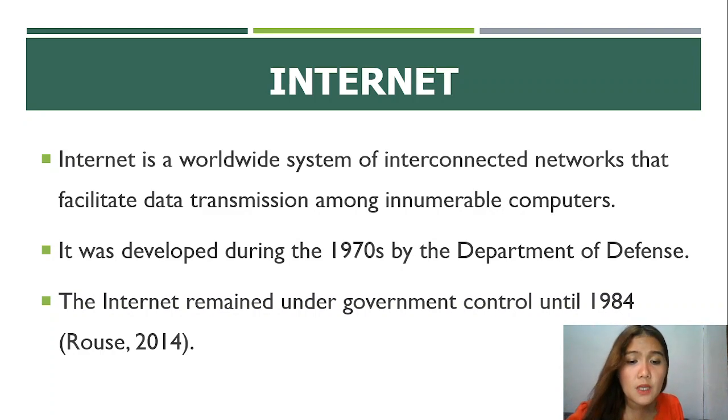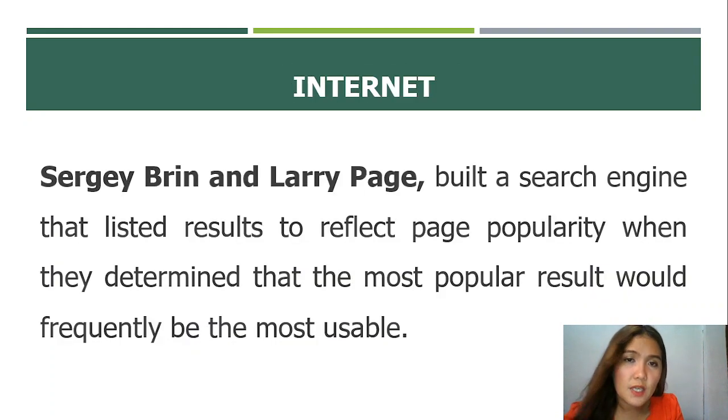So, syempre, nakapag-develop din ang mga computer companies ng mas faster microprocessors para sa mga PC na kayang mag-process ng incoming signals at a more rapid rate para makasabay siya dun sa advances ng fiber optics. Kasi kung napakabilis ng pag-pass ng information at mabagal yung ating PC, hindi niya kayang i-accommodate yung mabilis na pagpasa at pag-transfer ng data, bibigay yung ating system. So, nag-develop din sila ng mas faster microprocessors.